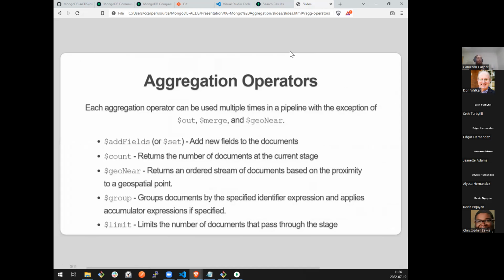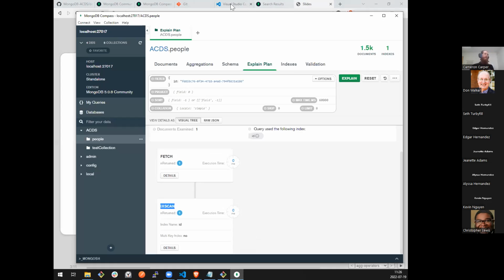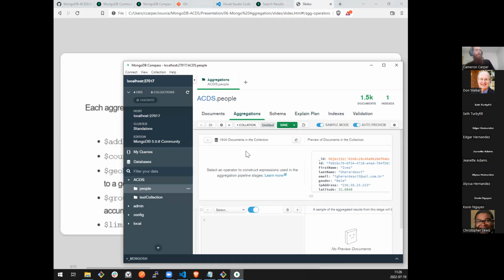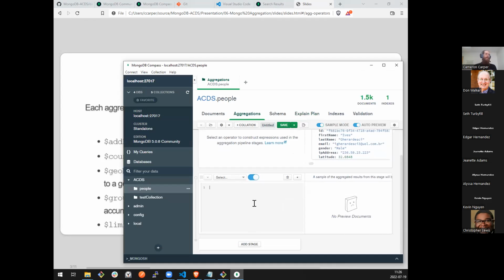So these are our basic aggregation operators. There should be more on the next page. Good. And let me pop up an example so that you know what we're talking about. So I'm going to write an aggregation pipeline in this area, or actually an aggregation stage, and I'm going to use one that we're already accustomed to.